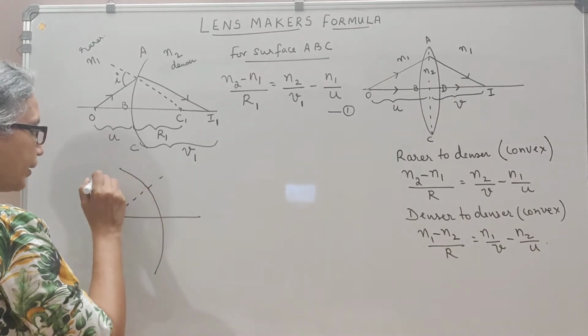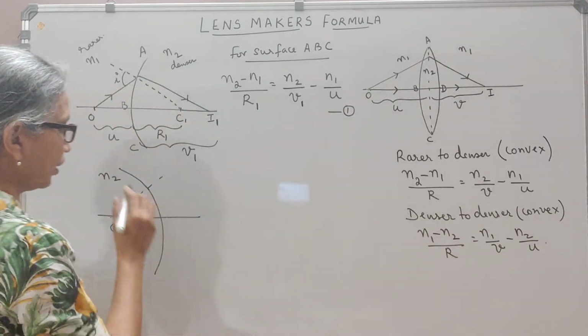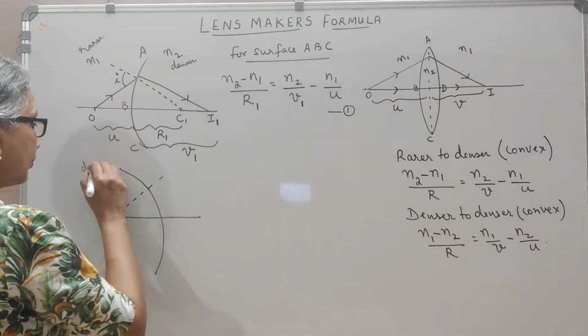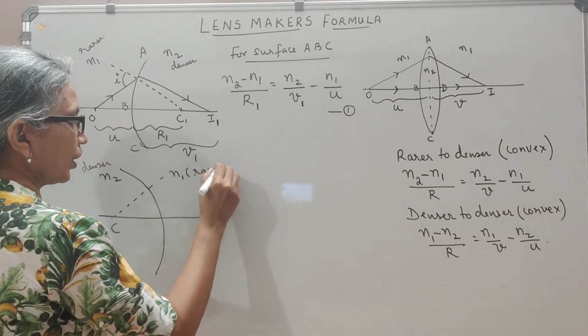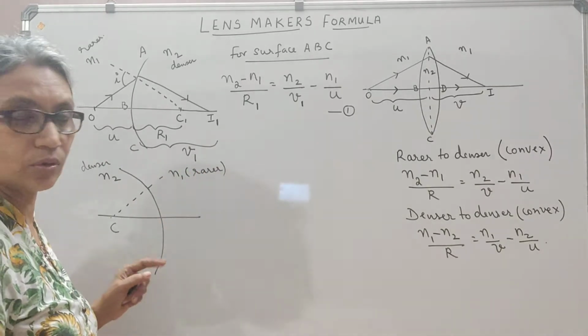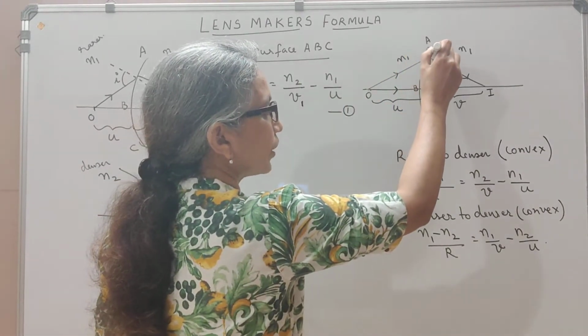Okay. And here we have N2 because inside the lens we have N2 and outside it's N1. So here it is the denser medium and here we have N1 which is the rarer medium. Okay. Now for this diagram, please note what is happening here is your ray is entering from here and then